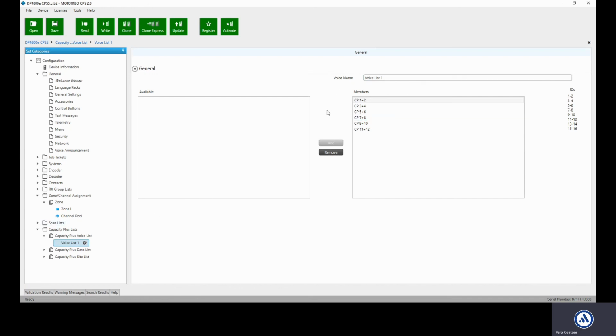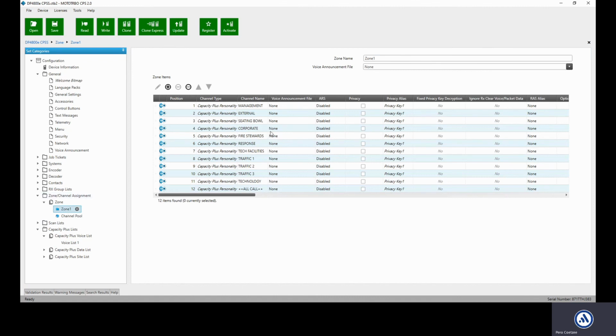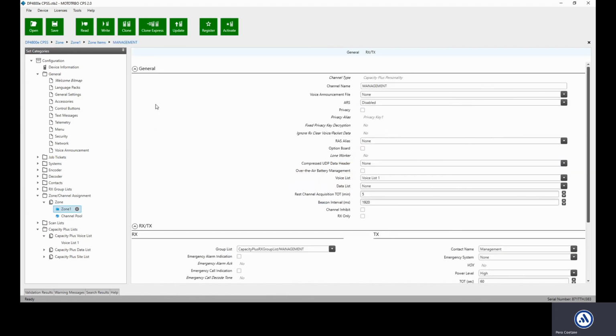So once you've added the members in your voice list, now you can go into your channel zone and set up your different channels. So you can see I've got quite a few channels here, all Capacity Plus. So if we go into the first channel,